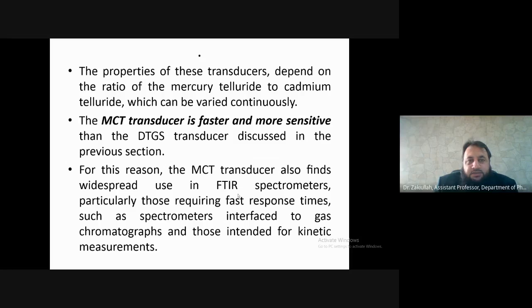The MCT transducer is fast and more sensitive than the DTGS transducers, deuterated triglycine sulfate transducers discussed in the previous section. So it means that they are more sensitive and will be giving more accurate results than the DTGS